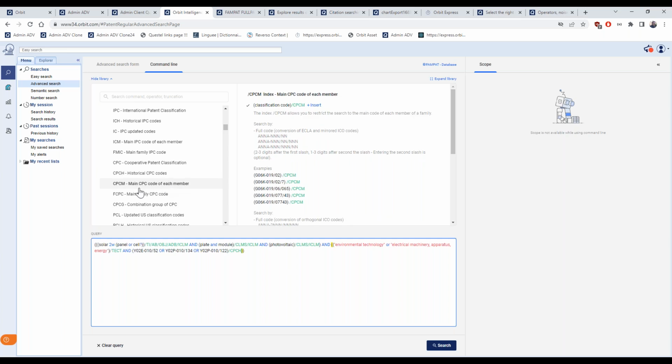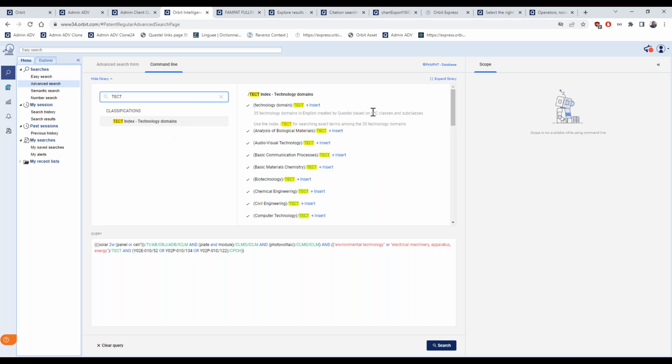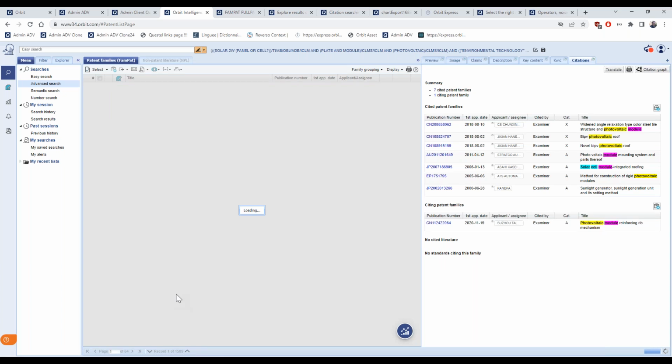Or if I want to focus only on main CPC codes, I would use this one. TST instead was about the technology domains. And here you have a list that you can insert by simply clicking on it. So if I put there, I don't know, measurements, inserted, and you will just need to put an operator. Then you can run the search.